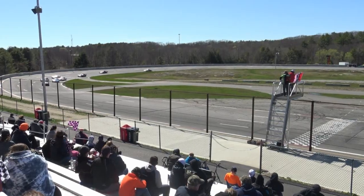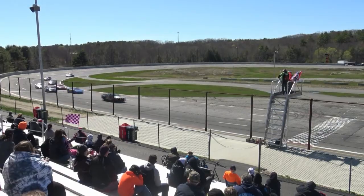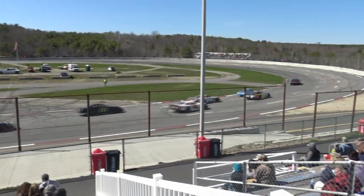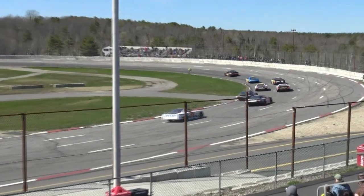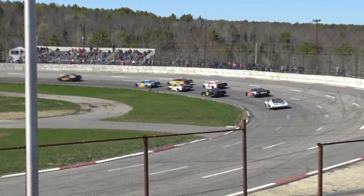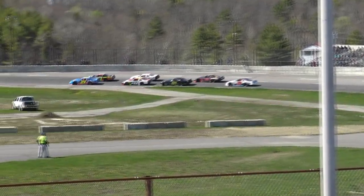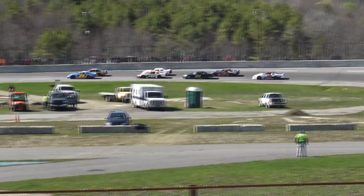We're ready to go. The St. Clair family is bringing back some old numbers. Here is Josh running the 14 in honor of his grandfather, the big man boss, Dave St. Clair. And Ryan is running his dad's number, the 51. So it's really cool to see some of these throwback things going on this year as we get ready to